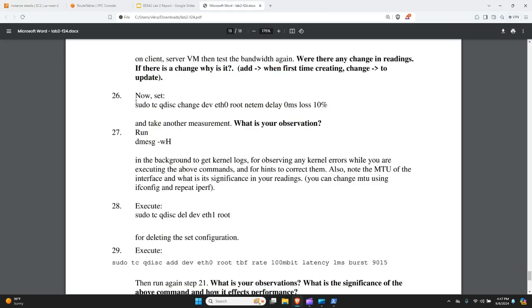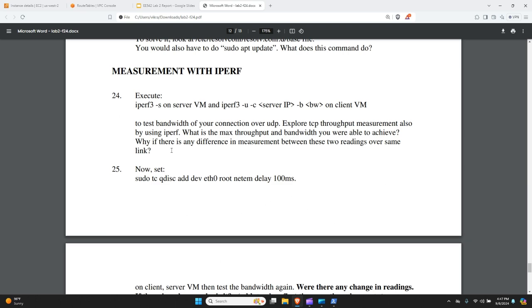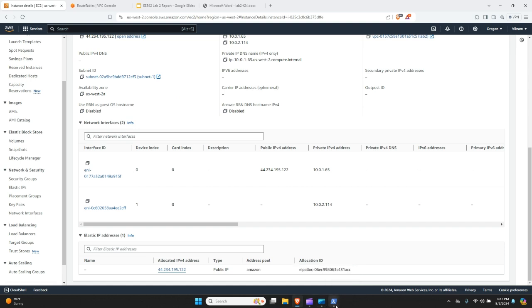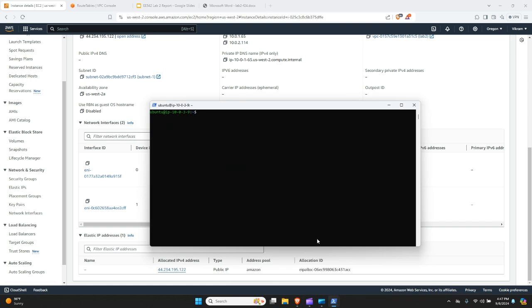Okay, so what are the measurements? You first simply use iperf. iperf basically is a software that tests your system, tests your network connection. The server will act as the server. So what's the command I used? This is the command I used to basically make the server act as a server. And the client will connect to this, and then it will send some test packets